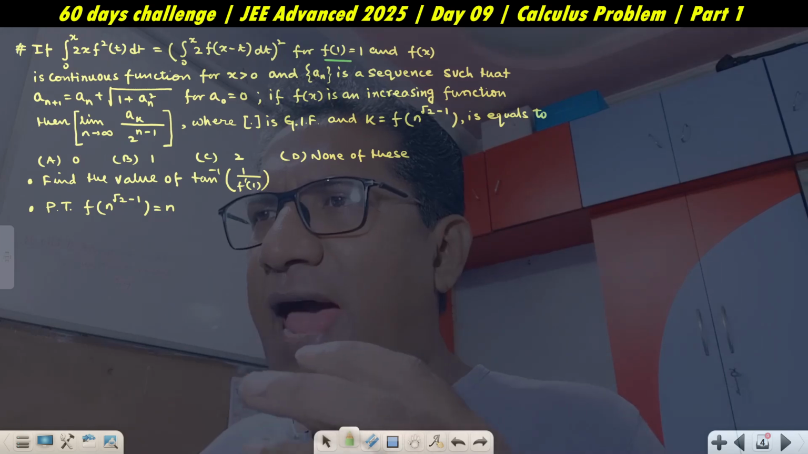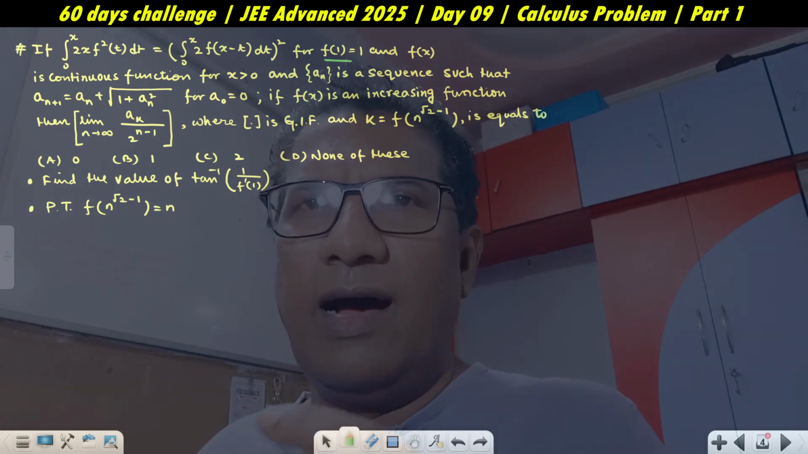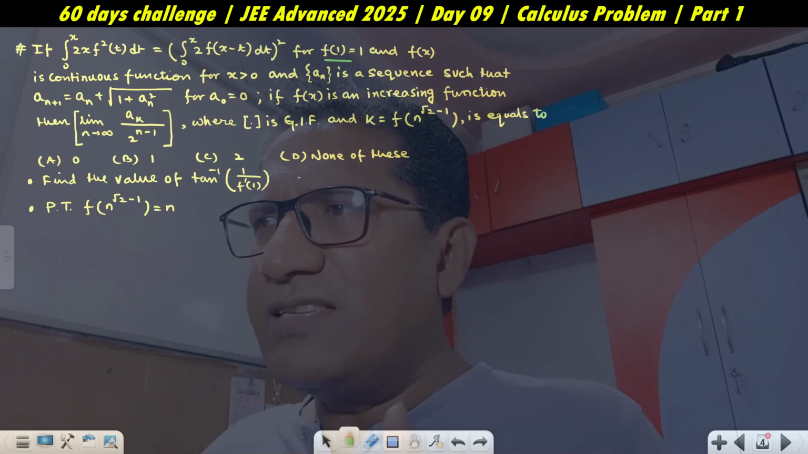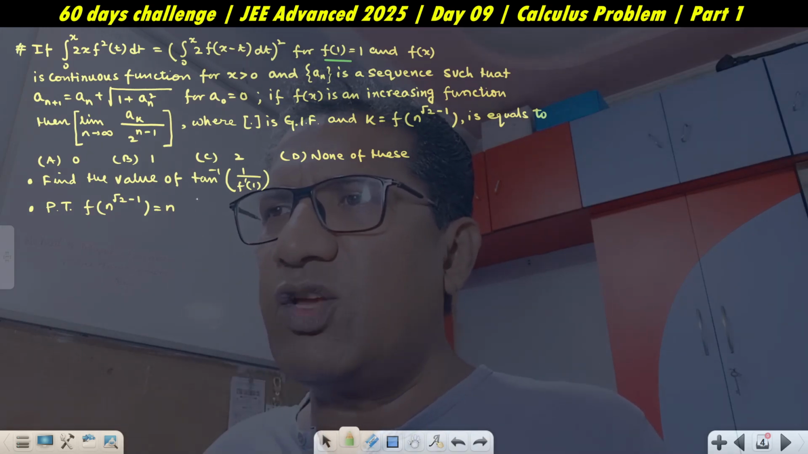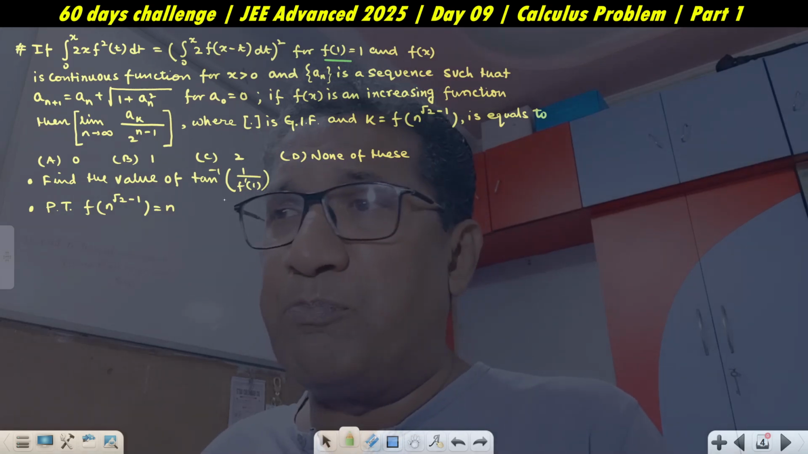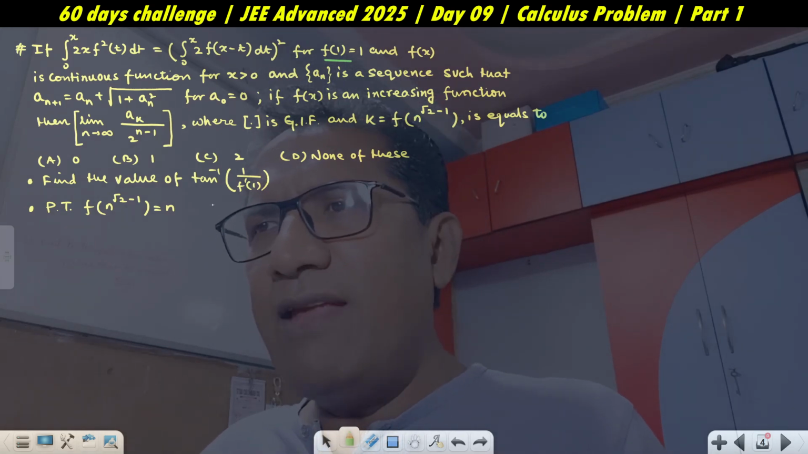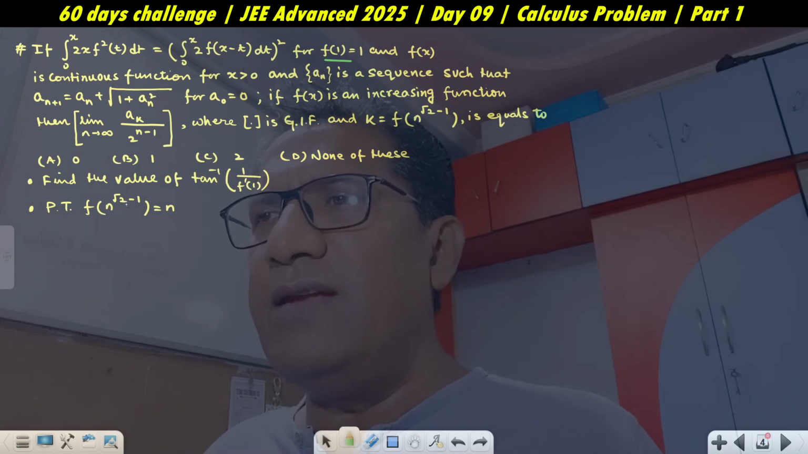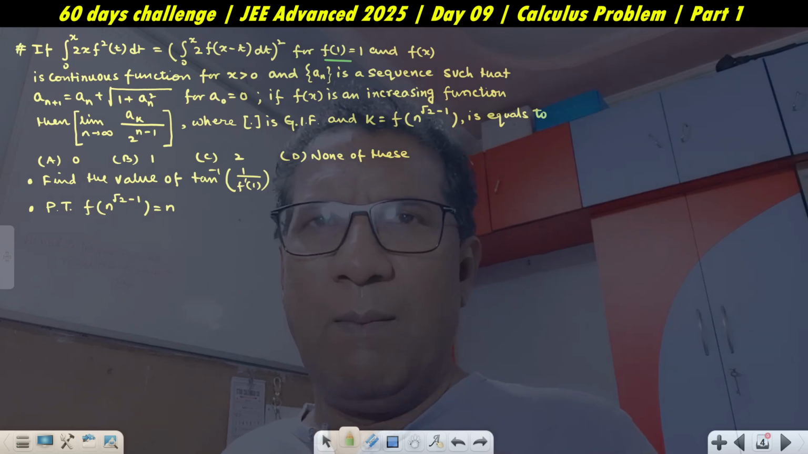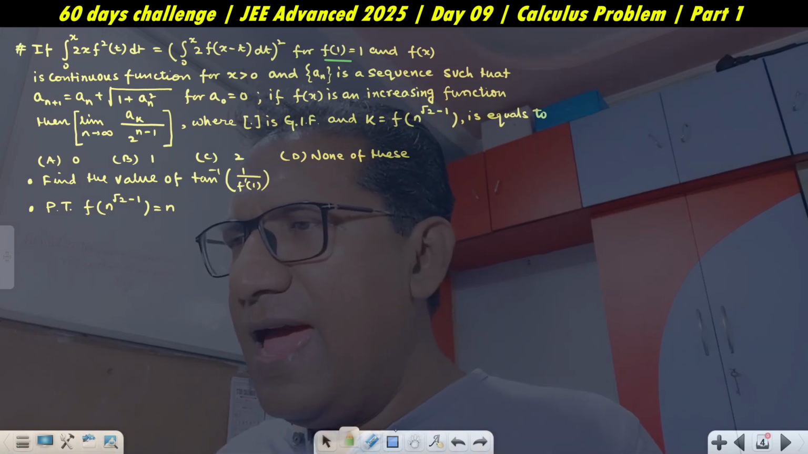This sum actually comprises three sub-sums. So this is the first one, and the second one is you have to find the value of tan inverse of 1 by f prime 1, and we have to prove that f of n to the power root 2 minus 1 is n. Big sum. And